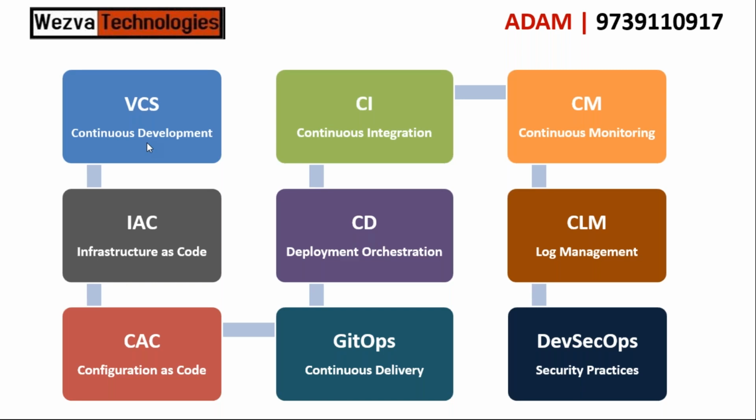Now, when developers are writing code, it's not about which programming language they are using, but how they should be developing as a team so that we are able to deliver faster, where they should be able to collaborate with different people across different teams. So all the code that we are going to develop has to be stored and maintained in a location, which is what we call continuous development.